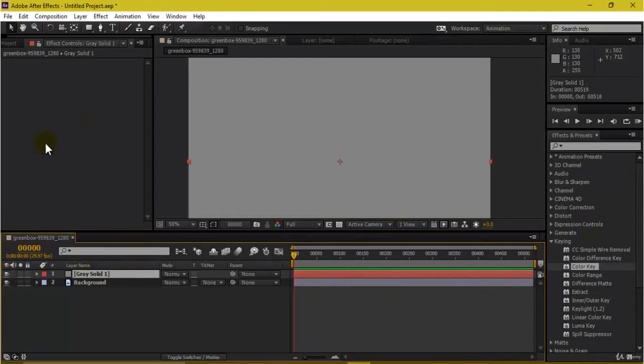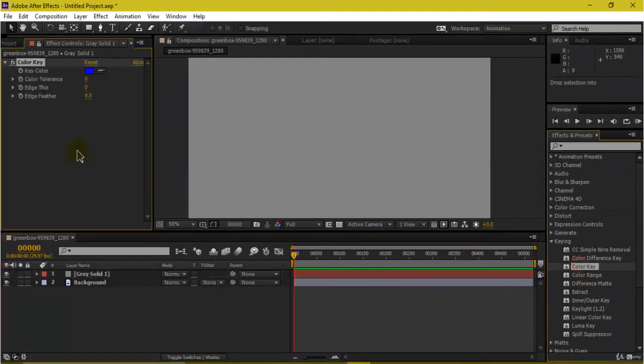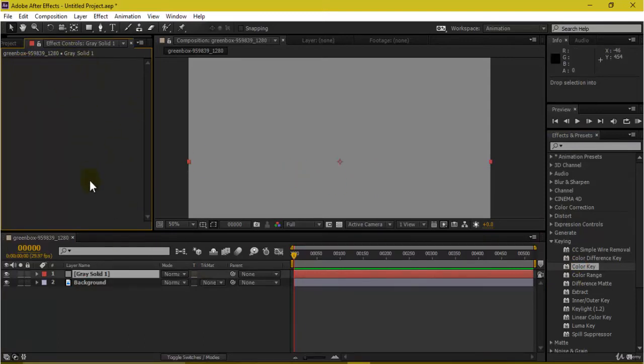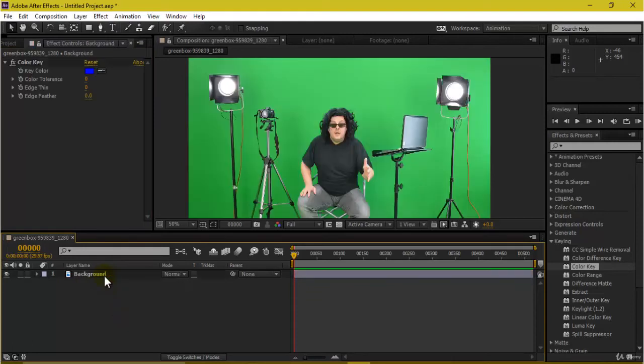As you can see, there are no effects, so it's not showing any. If I take a color key, it has been inserted on my solid also. So the effect controls display all the effects you have inserted on that particular layer. I'll be deleting this, and this is my background layer which has the color key effect I've just dragged and dropped.